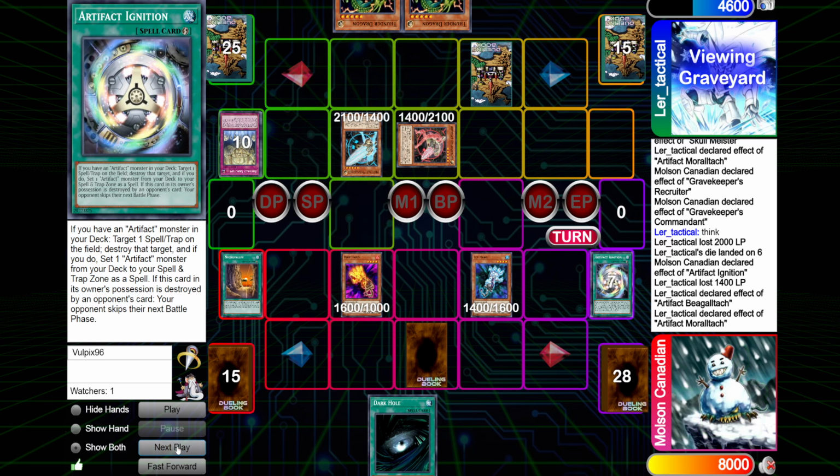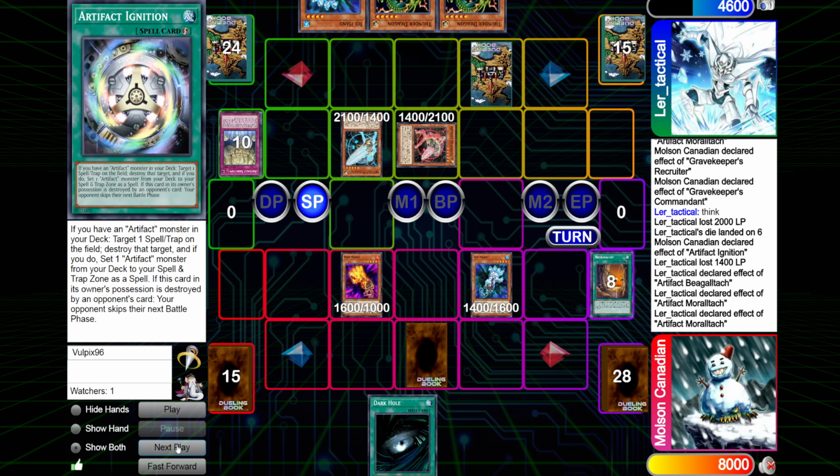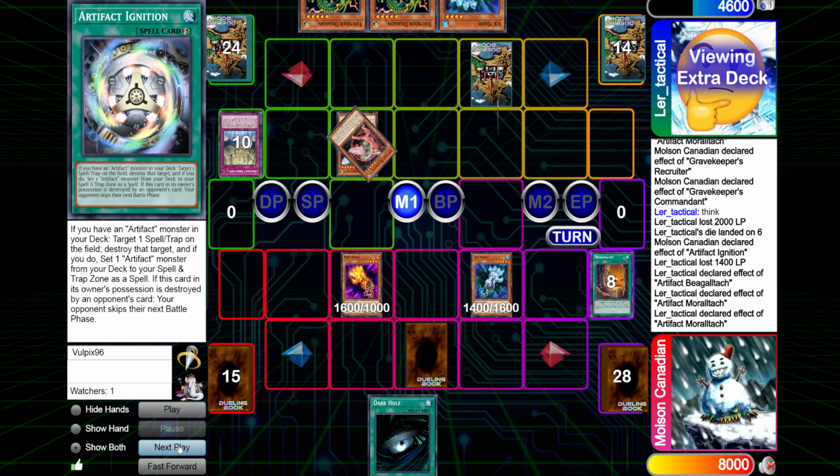Moral Attack can then trigger to summon itself, and is he using the effect? He is going to use the effect, popping the copy of Necro Valley. Here, Lair does draw into a copy of Ice Hand, okay, and then they're going to start by overlaying into